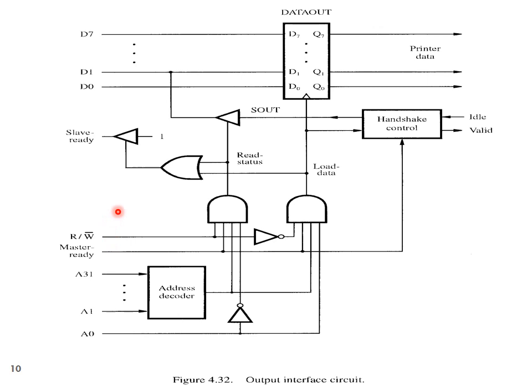That is, since I am reading the S out bit from the device to the processor, the read signal needs to be 1, the master should be ready, that is the processor should be ready, so this value should be 1, the address that is available on the address lines of the processor should currently be that of the printer, then this value will also be 1, and the A0 bit should now be 0 because I am reading the status bit. And if all these four values are 1, I can read the status bit, and thus the S out value,